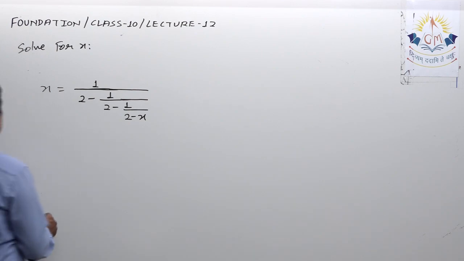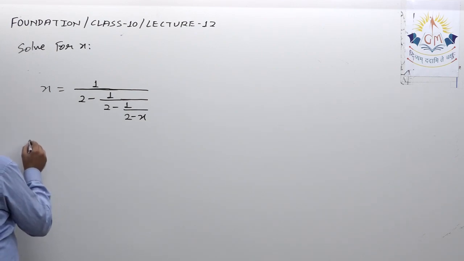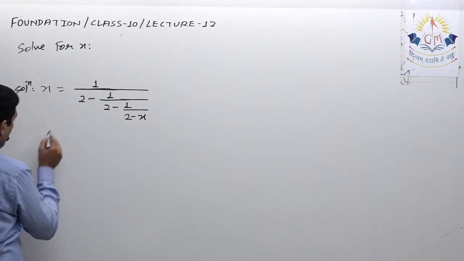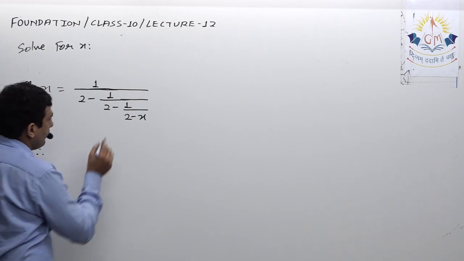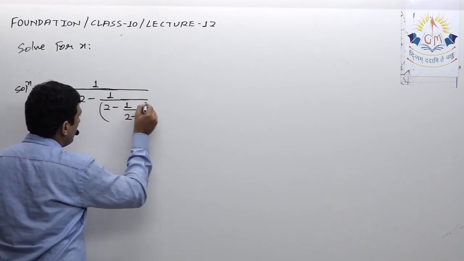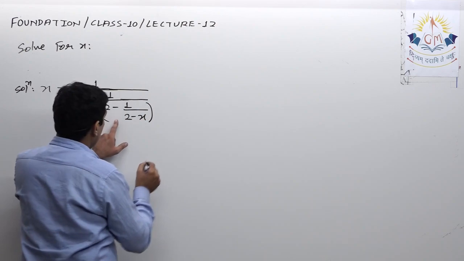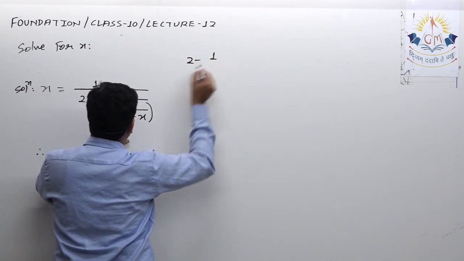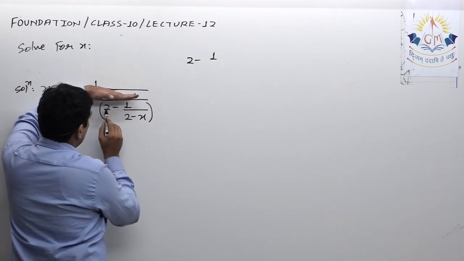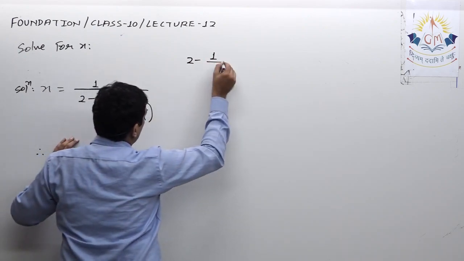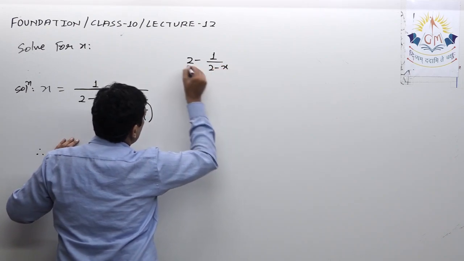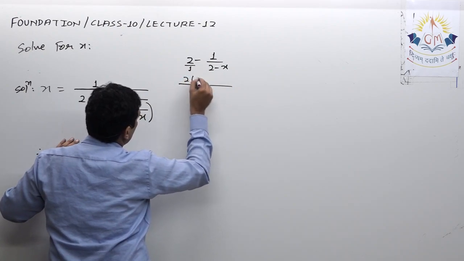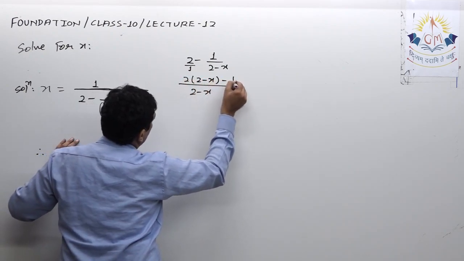So it's not that difficult. Let us see how to solve this. I'm starting from this only. This is the first step. Now, first of all I will concentrate only on this portion. I'm solving this over here for your better understanding. Suppose I have to solve only 2 minus 1 upon 2 minus x. Here it is 1, so the LCM will be 2 minus x, so I should get 2 into 2 minus x minus 1.